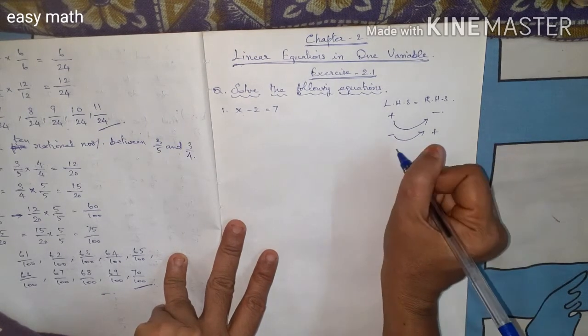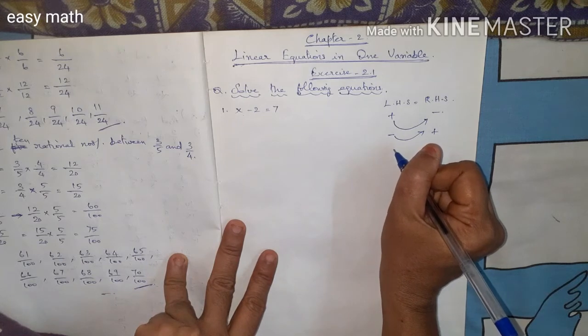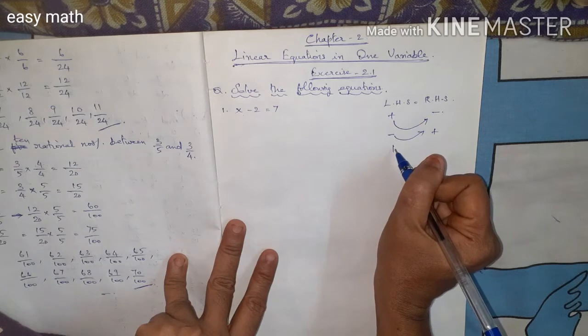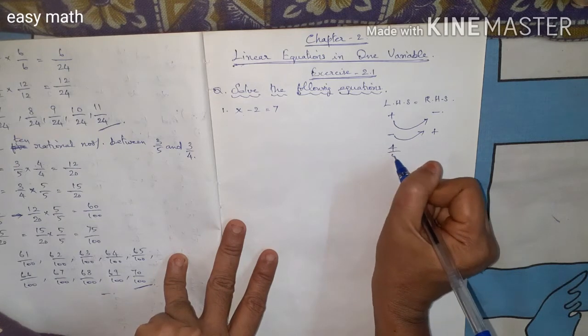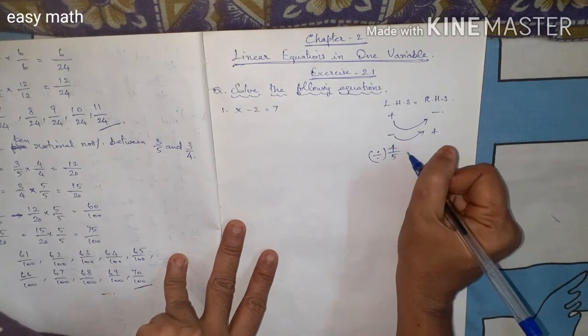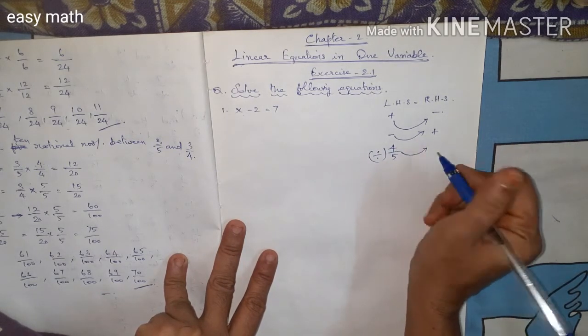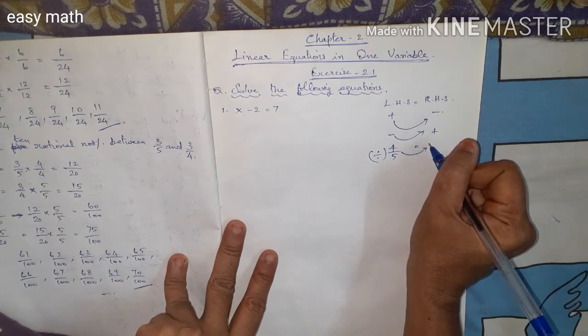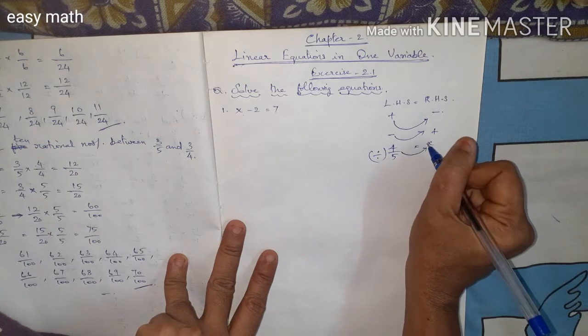Suppose on the left hand side there is division, say x divided by 5, then when it goes to the right hand side,